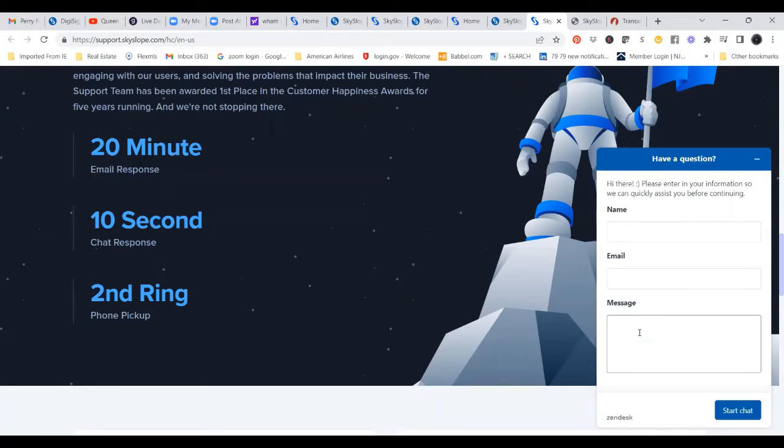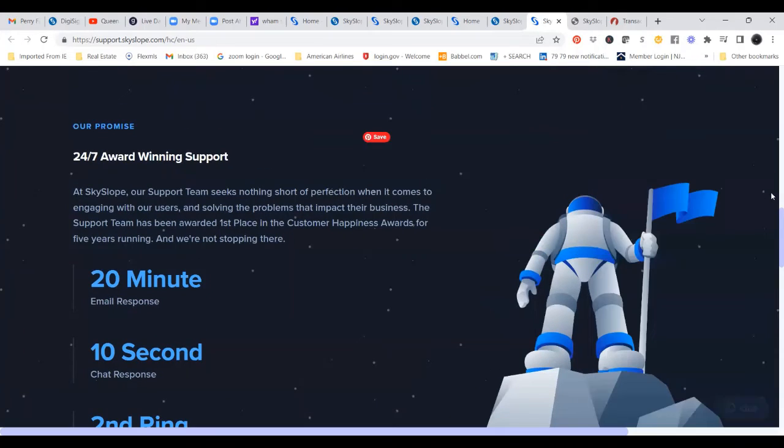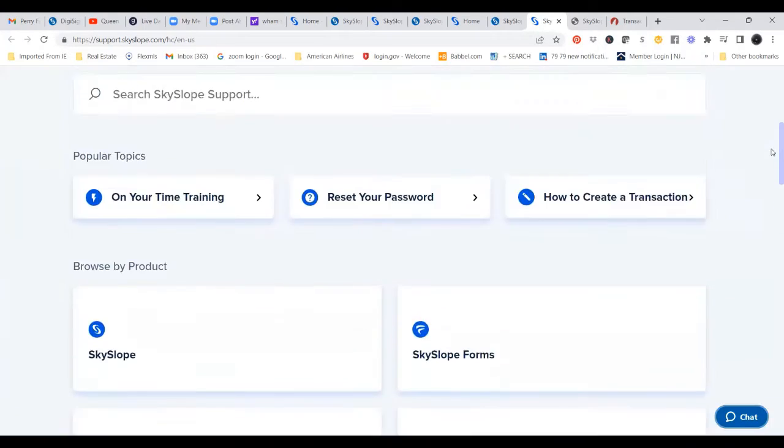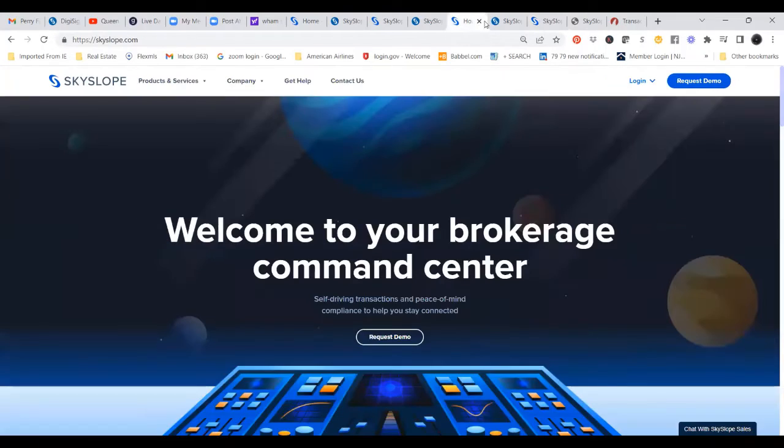They'll also have an option: once you start this chat, please call me. If you want them to call you, they'll call you. And this is 24 hours a day, 7 days a week. So if you get stuck with something, they're really, really helpful. That's one of the things that really sold me on this. So I just want to share that with you. It's a little chat feature at the bottom. So now I'm going to go back to